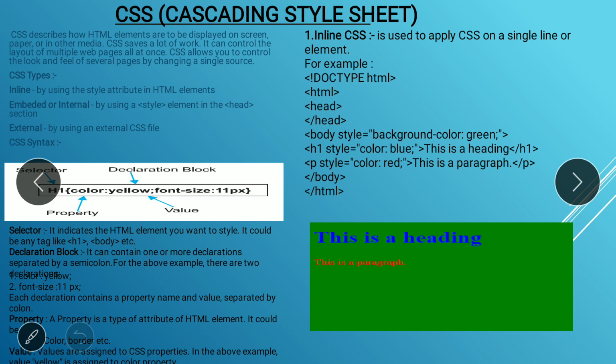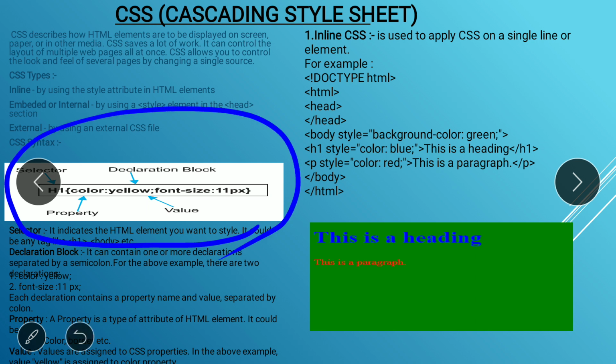So these three are the types of CSS. Next we already learnt about the syntax of the CSS. This is the main syntax, where this syntax is for internal and external. For inline there is a little bit of change. We already saw the example of the inline CSS and you already know about that, right? So this syntax is only for the internal and external, right?